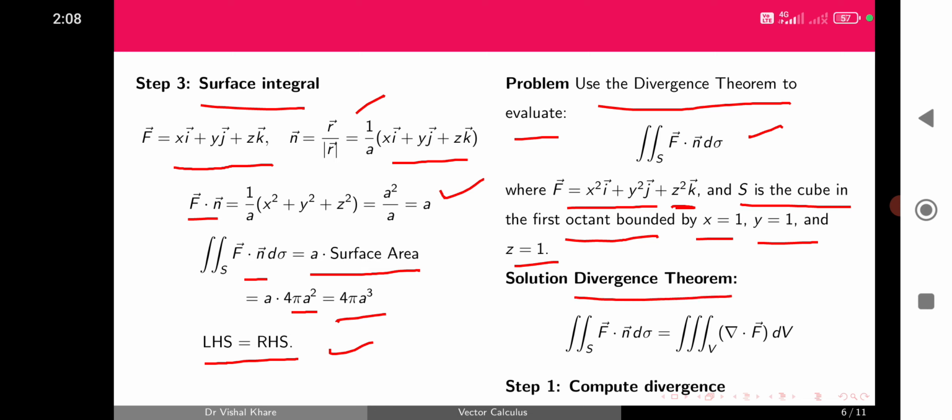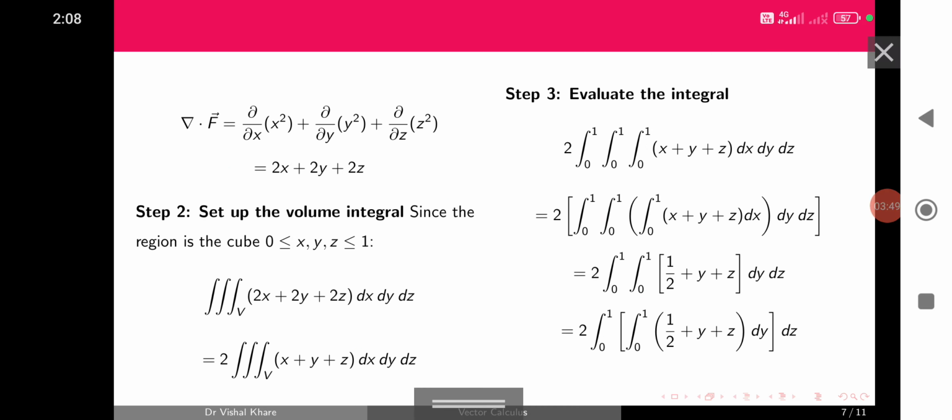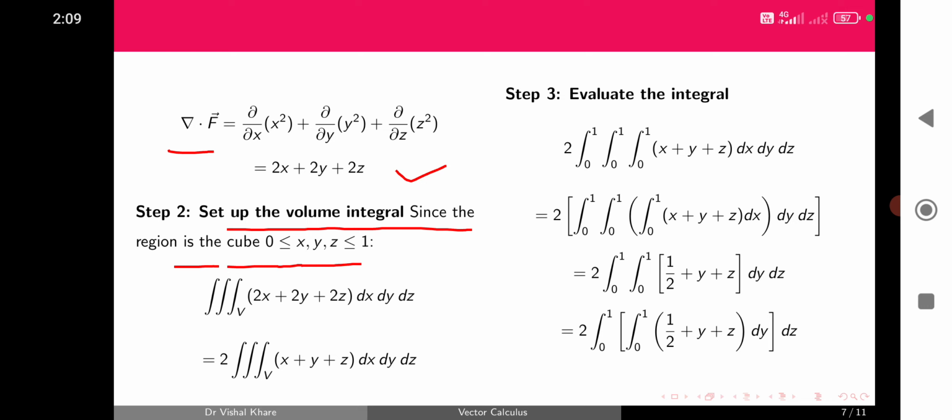So by the divergence theorem, this surface integral is equal to the volume integral. First of all, we have to compute the divergence. So the divergence of F is equal to this. Then set up the volume integral. Since the region is the cube, 0 less than or equal to x, y, z less than or equal to 1, the limits of x, y and z are from 0 to 1. So putting the value of divergence F here, and then writing all the limits, we'll solve this integral first